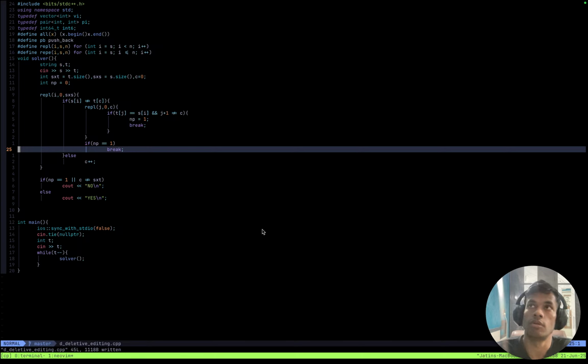I keep on removing characters from the S string. Keep removing characters from this string, and I check if it is not equal to the current character from the target string. If it is not equal, then I see can I remove this, and how do I check that? I go from the start till the current one in this J in the target string, and if I encounter the one that I want to delete,